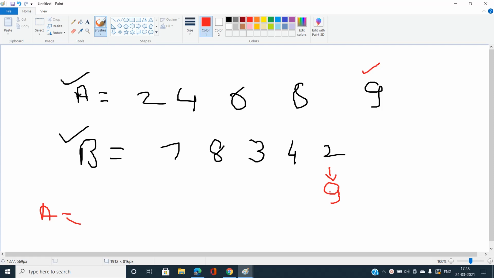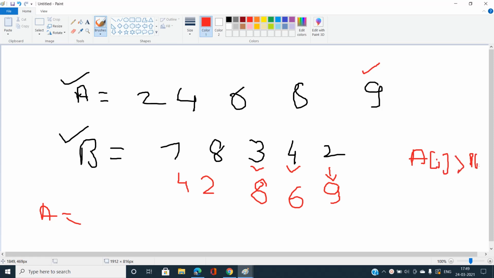Okay, and for the next case, the next minimum element is 3, so I'm going to put 8 over here. Okay, so it would be like 8, and for the next minimum element 4, let's put 6 over here, and similarly I can fill the next elements like 4 and 2. Now let's find out how many indices i there are such that A[i] is greater than B[i].